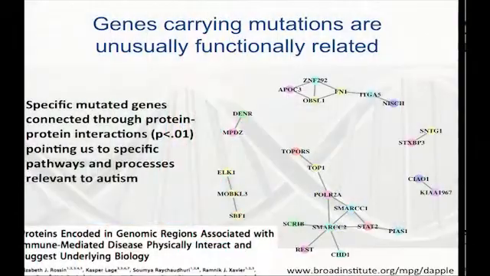We can also begin to take the genes that are discovered from this as having spontaneous mutations or having potentially recessive acting mutations and ask whether those genes point in a harmonious fashion to specific pathways and processes. And so this is where we try to draw in more sophisticated information from other areas of biology, such as detailed protein-protein interaction networks and so forth. And we can find that there is some statistical evidence for certain pathways and processes being clearly enriched in the genes that are being hit. And this begins to get us a little bit closer to our ultimate goal of informing on the underlying biology